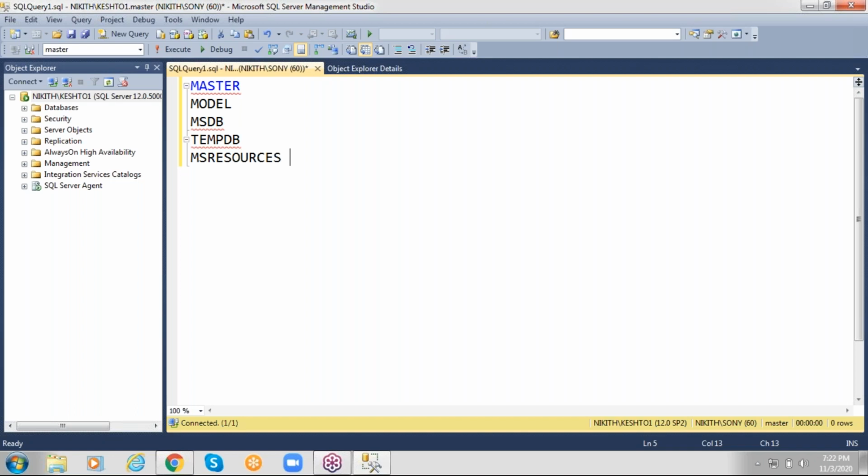Template means not ready to use kind of. Model database provides structure to other databases. For example, we are going to create new database. For that database, we will get some structure. We call it as cylinder structure. I'll show that practically.